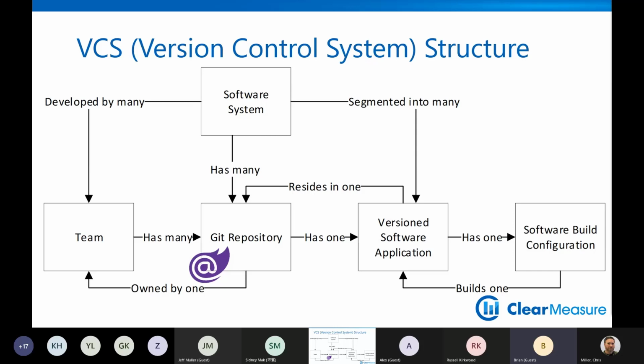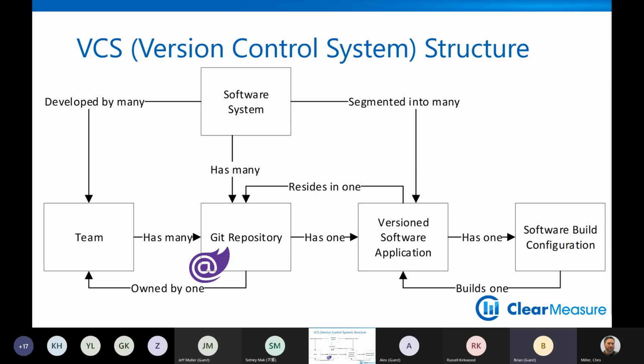Because while what I'm about to tell you isn't exactly unique to a Blazor application, it's so important, and if you get this wrong, you're going to be fighting against your environment the whole time. Any large software system is likely going to be segmented into many different applications. Each application is uniquely versioned. It's a logical application, and it has its own build, test, deploy, maintaining, servicing cycle. Now, the software system as a whole can be comprised of many of these, and each of the applications inside needs to have its own schedule.